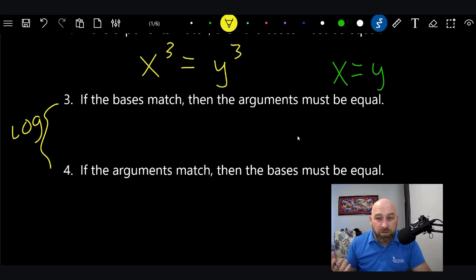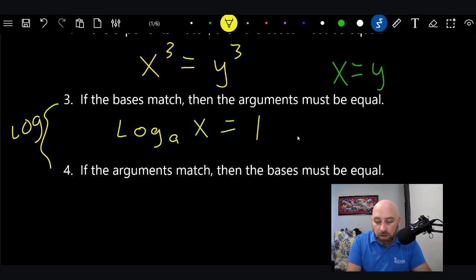Well, you have to go back to remember what is the argument, what is the base, and all that stuff. Well, let's write an example of this. So if log base A of x equals log base A